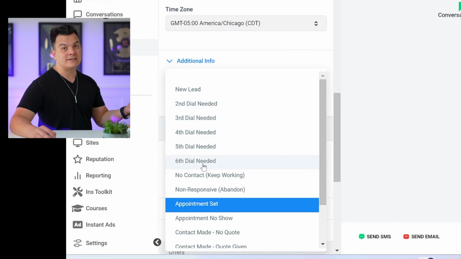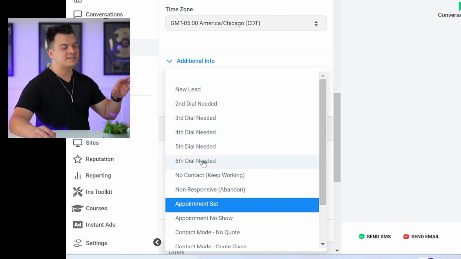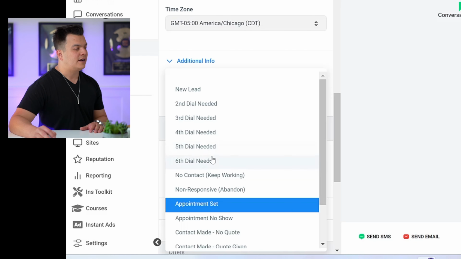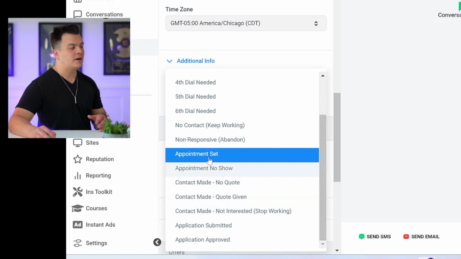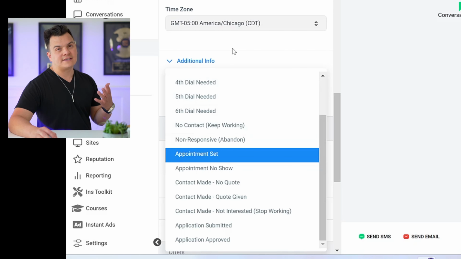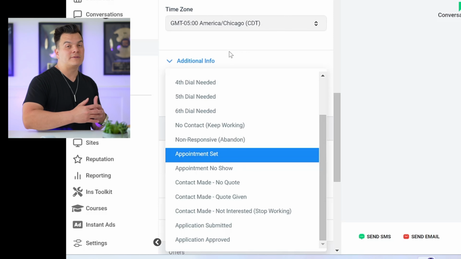We have 6 dial sessions pre-set inside of the CRM. If they did not make a contact, we do no contact, non-responsive, abandoned. And so we have different statuses within the CRM depending on how far down the funnel they made it. And so if you're tracking your data like this, it's going to be really easy for you to create these audiences within Facebook in order to optimize the campaigns and help show ads to people that have made it so